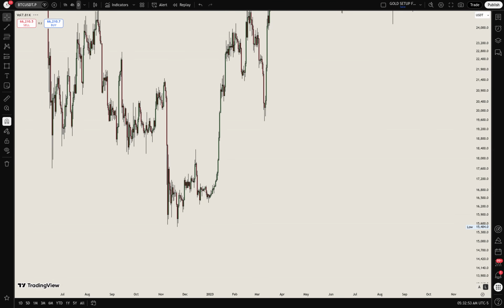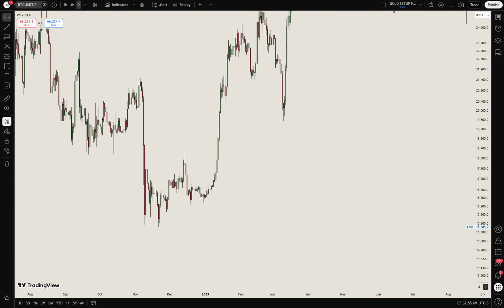So first we want to identify our sweep. Now we know below here we have a sweep of liquidity. Here below here we have a sweep of liquidity here,